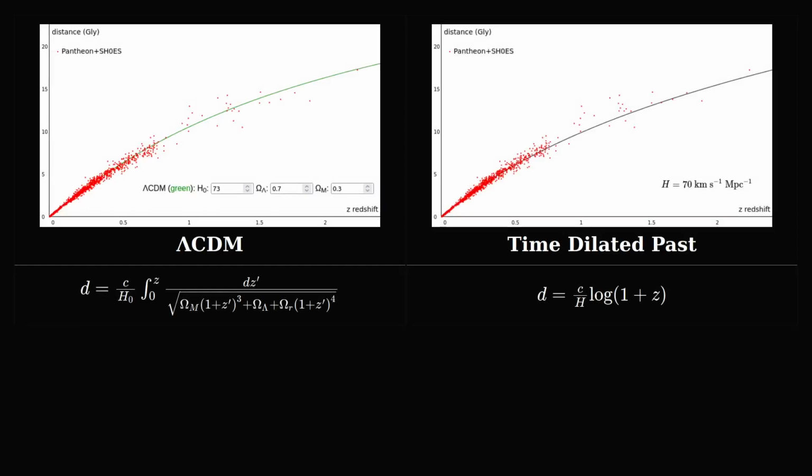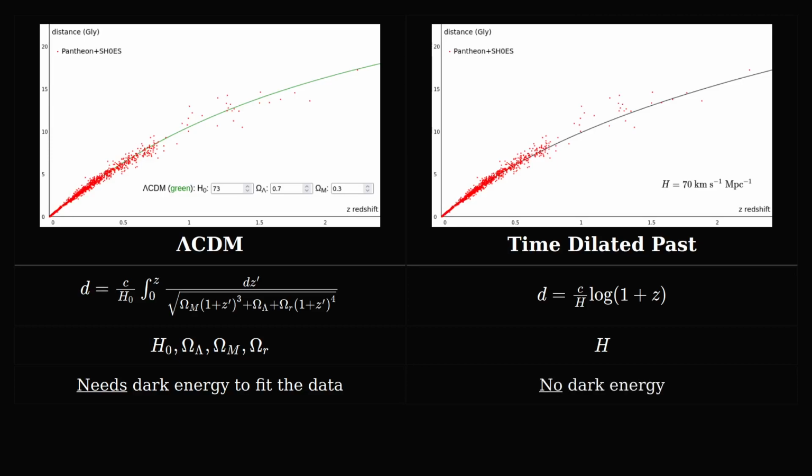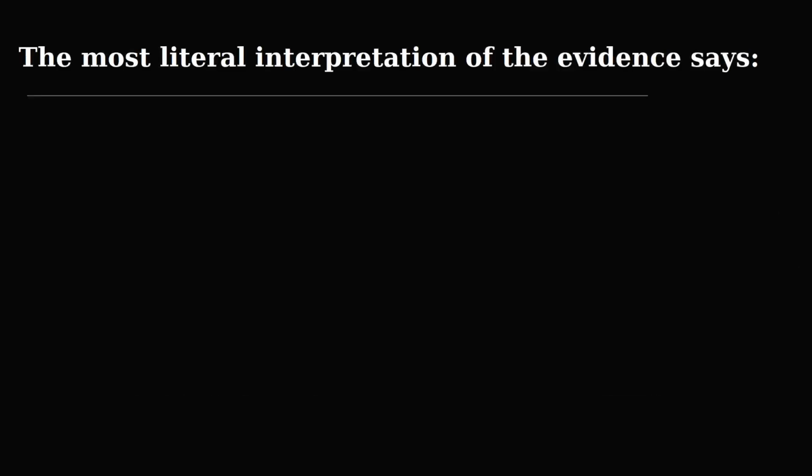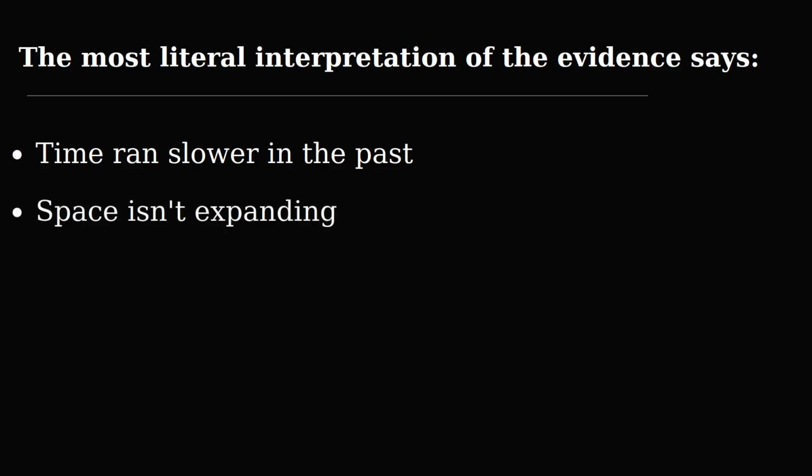Compared to the lambda CDM, it only has one parameter, and that's just a pure constant. And lambda CDM needs dark energy to fit the data, but the time-dilated past hypothesis doesn't. So, the most literal interpretation of the evidence says that time ran slower in the past, space isn't expanding, there is no such thing as dark energy,